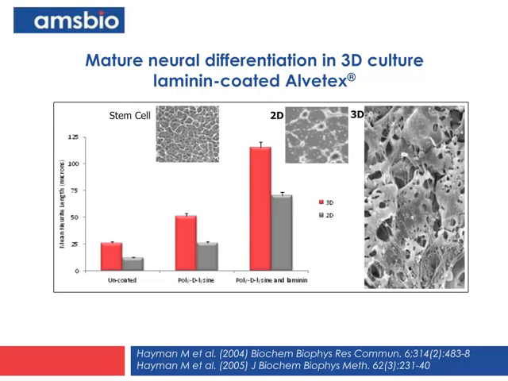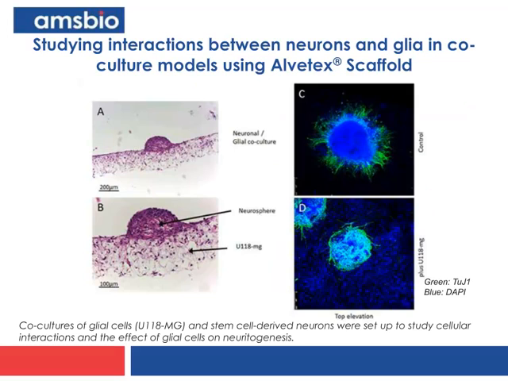Another of my favorite examples is this neural differentiation. And if you concentrate on the right-hand panel, you can really see, I hope, the functional neurons growing so well inside the Alvatex, while the growth and differentiation is so much poorer in comparison. Taking that one further into the co-culture system,